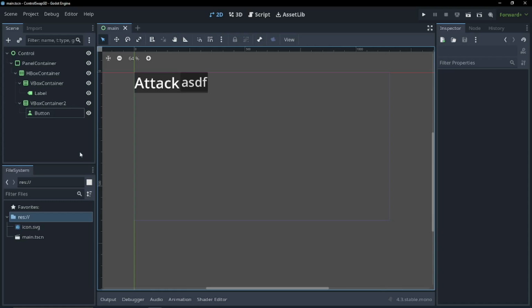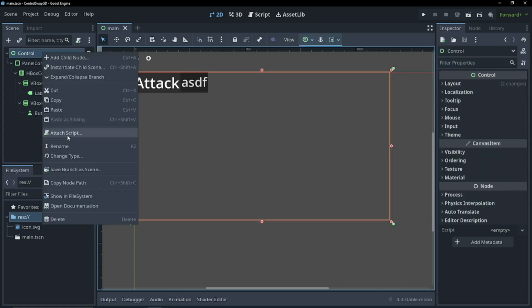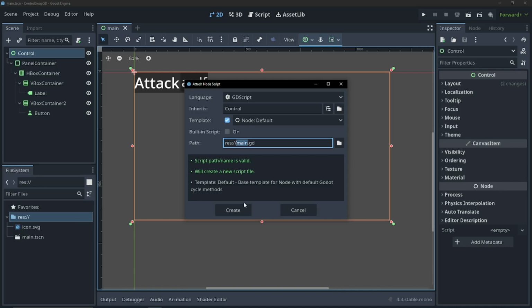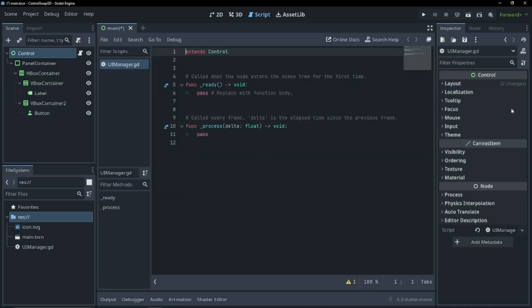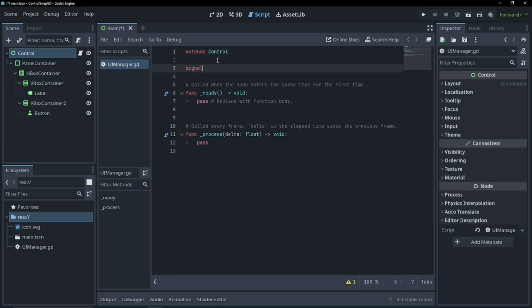Let's save that. Now let's add a script to our control node. So let's attach a script, and I'm just going to call this UI manager, and we're just going to leave it as .gd. Now we're going to need a couple of global variables. First thing we're going to need is a signal. The signal is going to be used to update our button text when our input is changed. So signal update button,